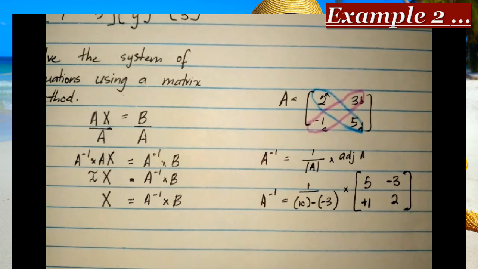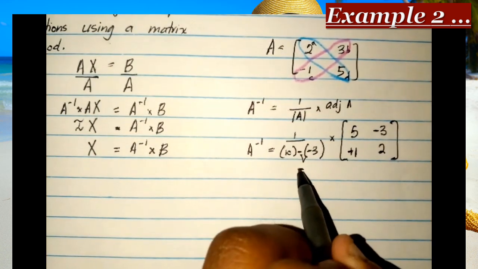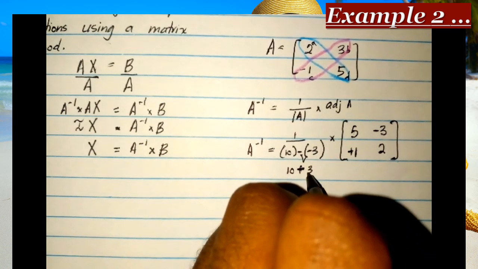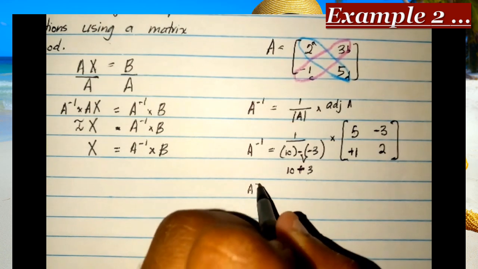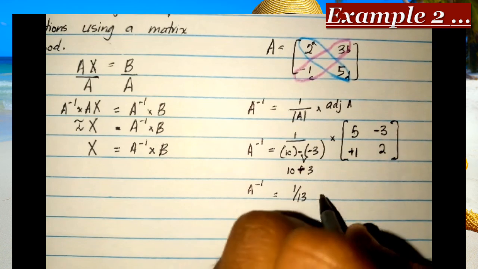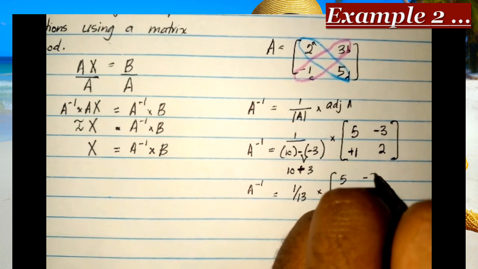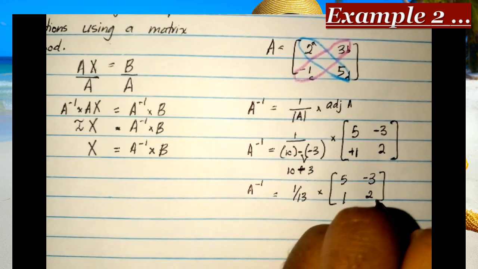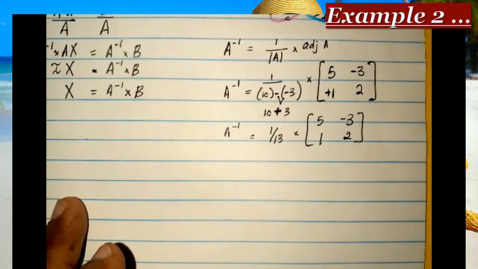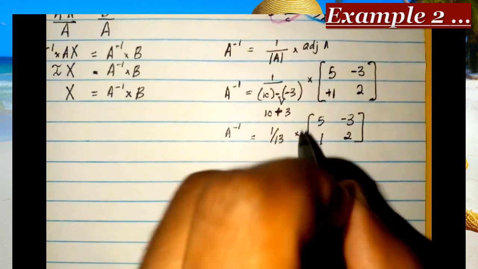So now I need to just simplify everything. A negative and a negative will give me a positive when I multiply them like this. So 10 plus 3. So to find the inverse, I'm going to have 1 over 13 multiplied by the adjoint 5, 1, -3, and 2. Now I need to use scalar multiplication to get a single matrix. So A inverse is going to be